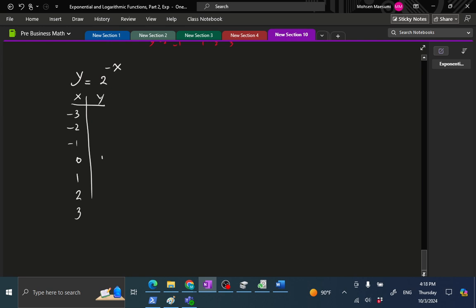So at 0 we always have 1. Now we have 2 to the power of minus 1. Well, that is the same as 2 to the power of 1, and that is 2. Same reasoning, this is 4, same reasoning, this is 8. This one is going to become 1/2, and 1/4, and 1/8. So when you graph this thing,